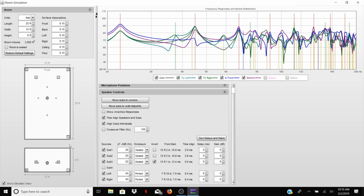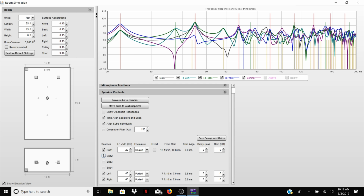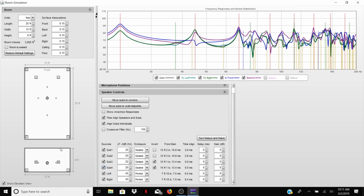And here I've added a third sub. I think what you can see pretty clearly is that as I add in this extra sub, while some things have gotten a little bit worse, overall it seems like variance is reduced, especially in this particular case above 60 Hertz. There's some stuff going on below 60 Hertz that kind of needs to be addressed still, and this is